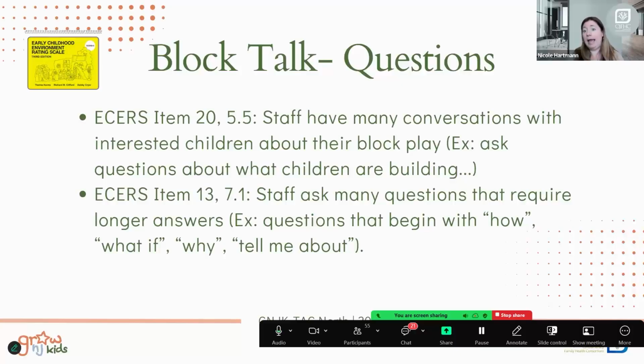So questions like, how did you build that? What would happen if we put this block on top? Why did you choose to use that cylinder block there? Or even just tell me about your building. Just a small shift from what did you build to tell me about your building that really opens up the